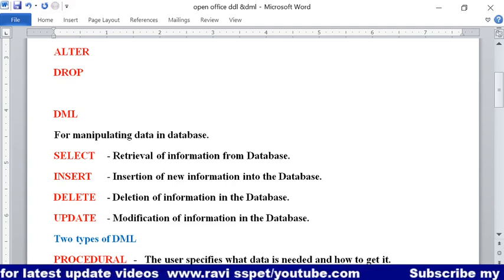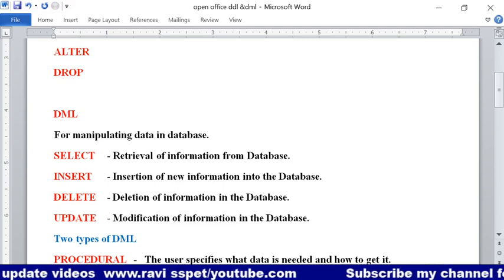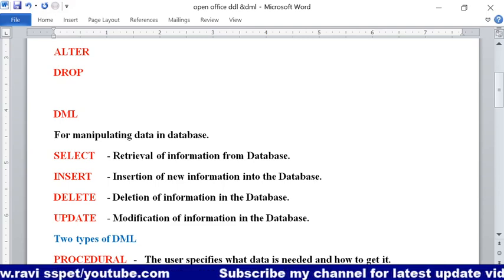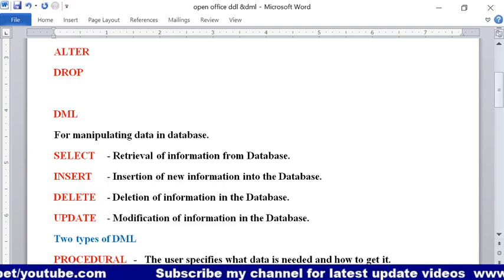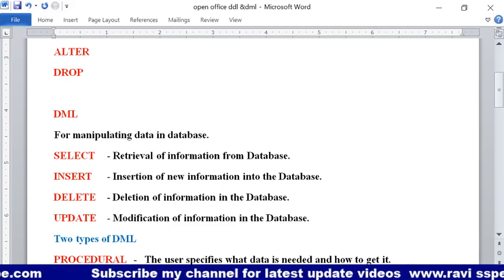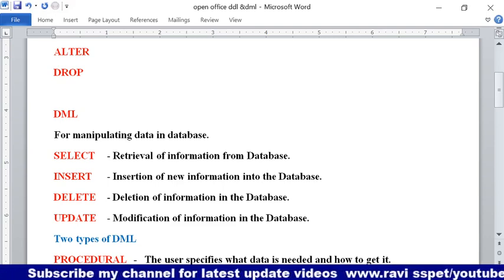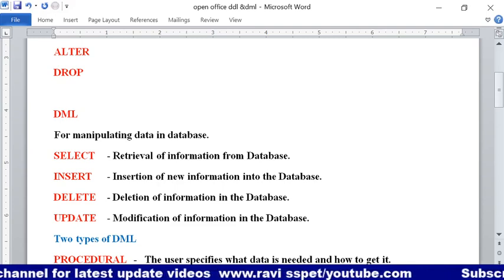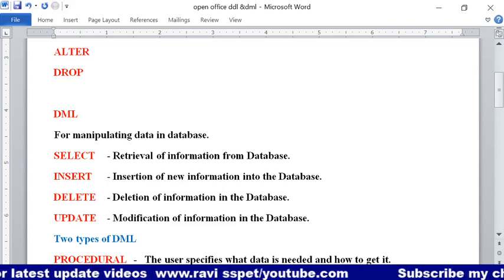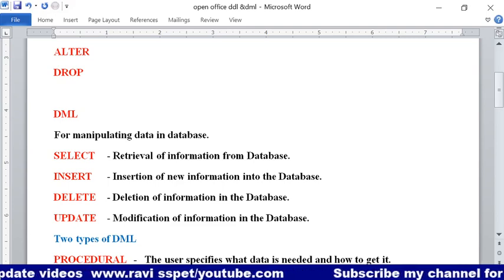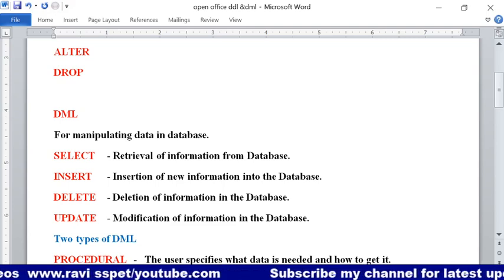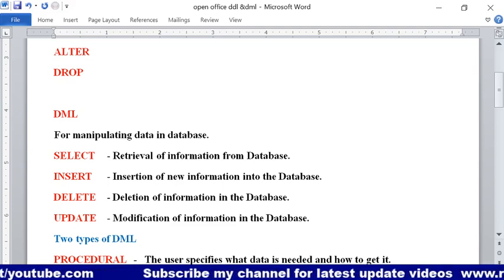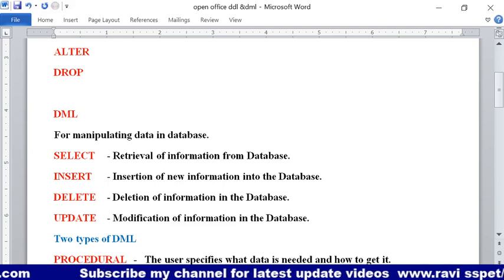Or if I want to modify my information in the database, I have to go with the update command in DML. Whenever we are dealing with the data, we go for the DML commands, but whenever we are dealing with the table structures, we choose DDL commands.